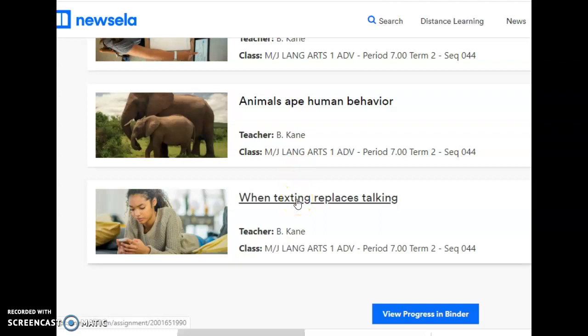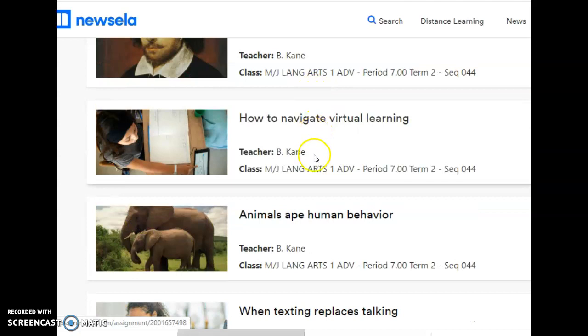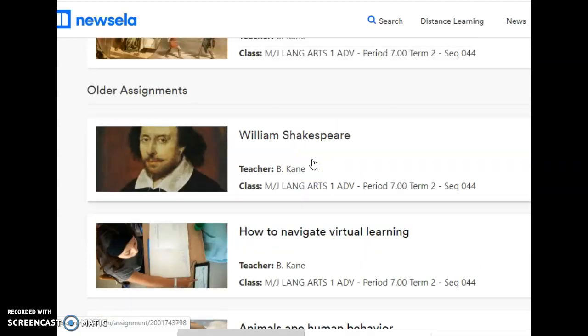So one thing I want you to make sure you have done is you've taken the quiz for the articles that are assigned to you. There was one on texting, there was one on elephants, animals talking to each other, there was one on virtual learning, and then last week, Shakespeare. So I'm going to go into the Shakespeare article and talk about that